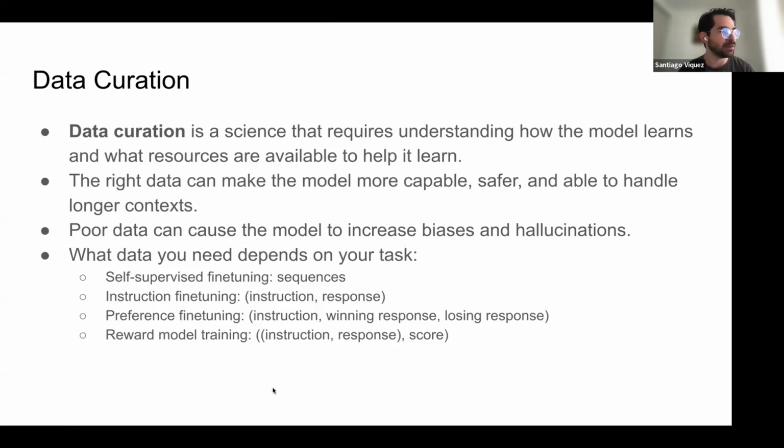In simpler words, the right data can make the model more capable, safer, and able to handle longer contexts. Poor data, as we know, can cause the model to increase biases and hallucinations. So data creation is the art and science of designing and gathering the best examples for your model.